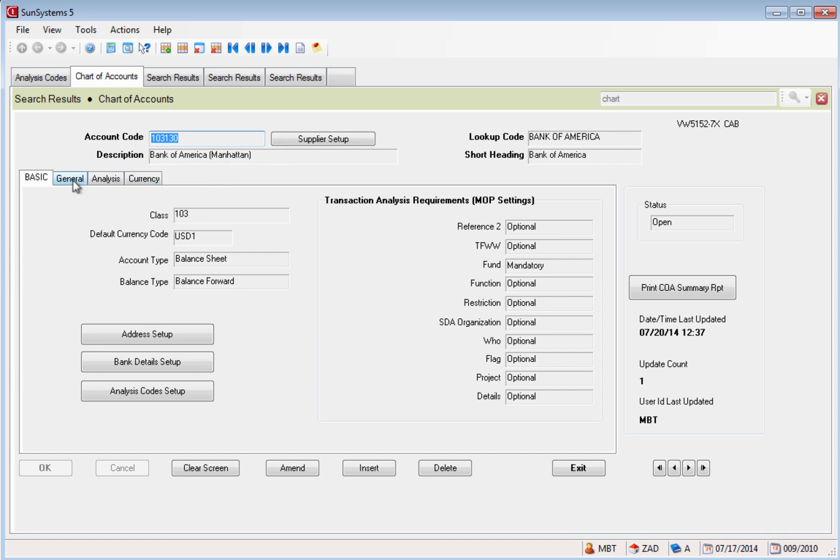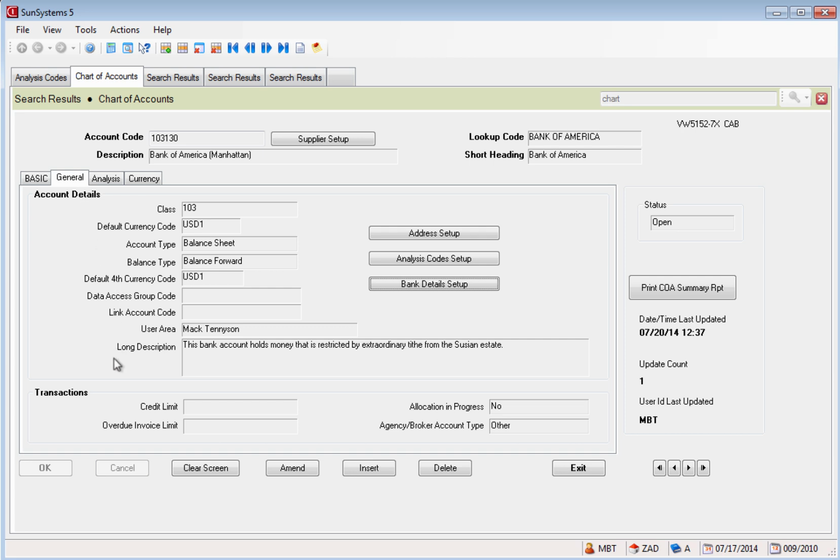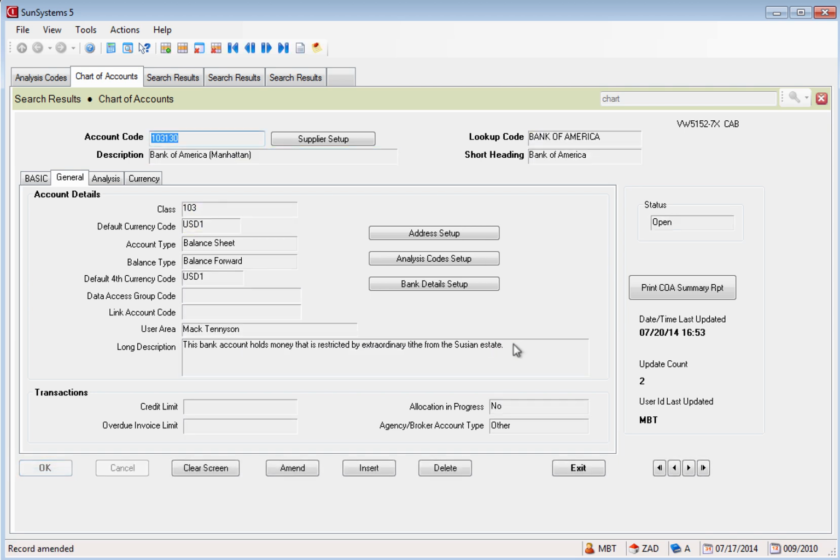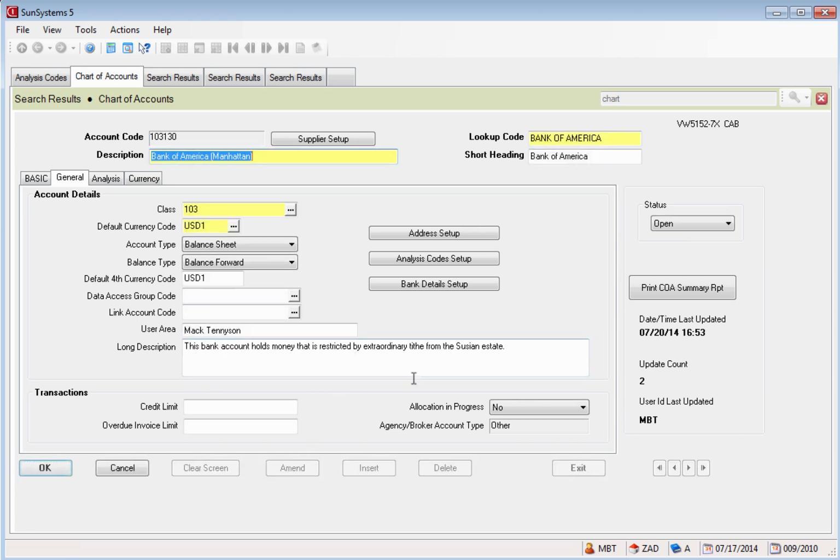So what's very useful is this thing over here under the General tab, and you can see where I already have it set up here. I have down here the long description, and this long description can be used to explain the exact purpose of the account, and it could be fairly long. I don't want to test it right now, but you could put in something like